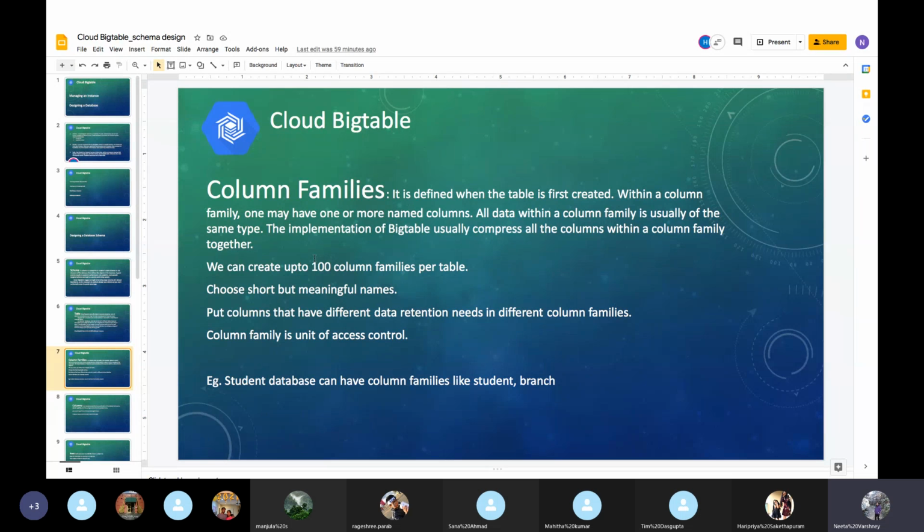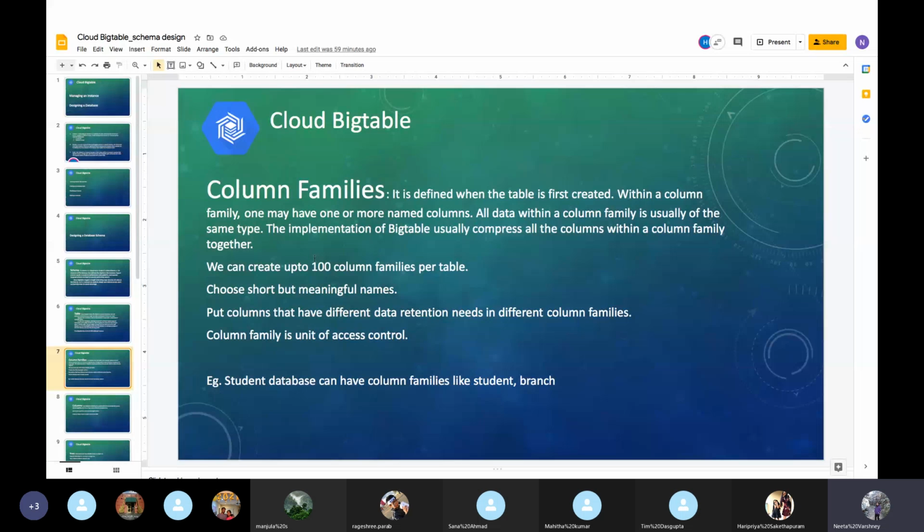Now, if we have different needs for retaining different data, say I need to retain my student column family for 30 days, and I want to retain my branch name or something else for 60 days, then we will keep these columns in different column families.